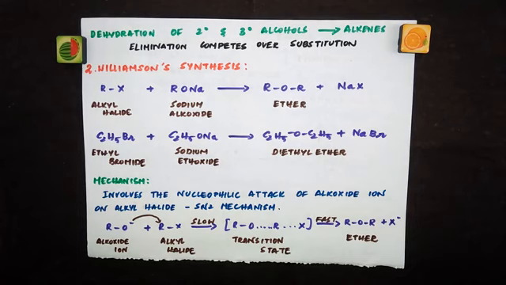Now the limitation of the reaction. So what if you take primary alkyl halide or secondary alkyl halide or tertiary alkyl halide? Will you get the same product as ether, or will it differ like how you have studied for alcohols now? When you take primary alcohols, you are getting ether, but in the case of secondary and tertiary alcohol, you end up with alkenes. Same way, let's see what are the limitations of this Williamson synthesis.